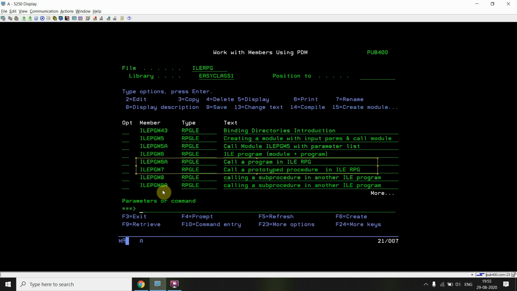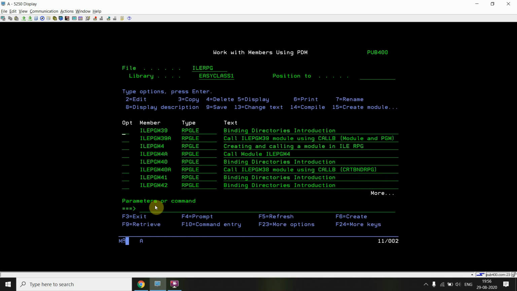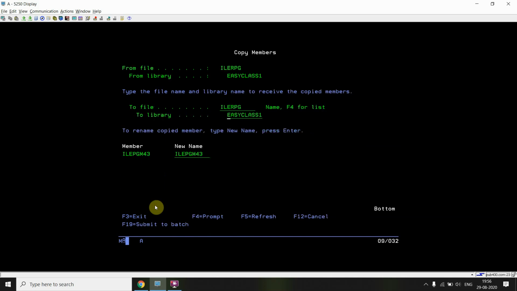Now you cannot call a service program directly, so you need to create a program, not a module, which will call that service program. Just create 44.